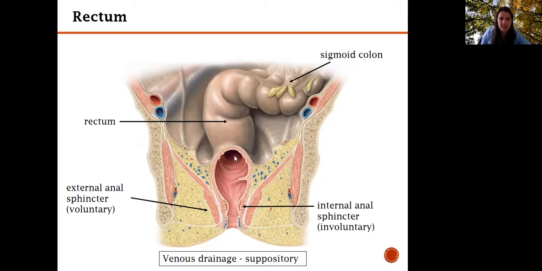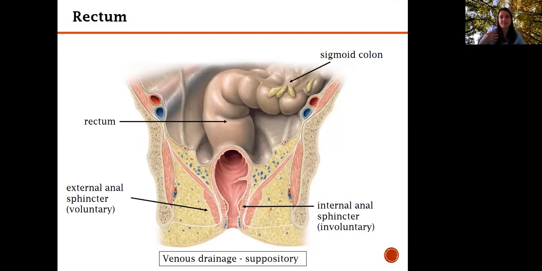The other important thing with the rectum is the venous drainage of the rectum. This is important because of the venous drainage of the rectum, we can use suppositories in the rectum, which are drugs used mostly by small children. And these could be used because the upper 1/3 of the rectum is drained by veins which will drain into the portal vein. The portal vein reaches the liver, where the content of the vein will be at least partly metabolized and detoxified. So actually the effectiveness of the drugs will be lower,